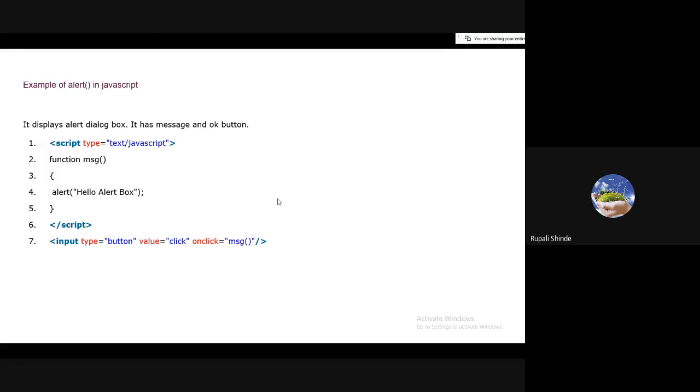Here we are going to demonstrate the alert function or alert method. What happened here?